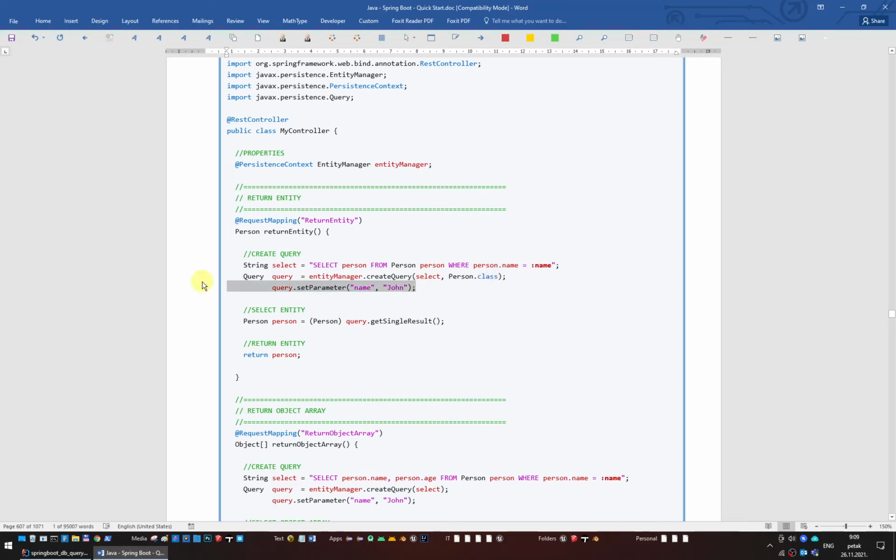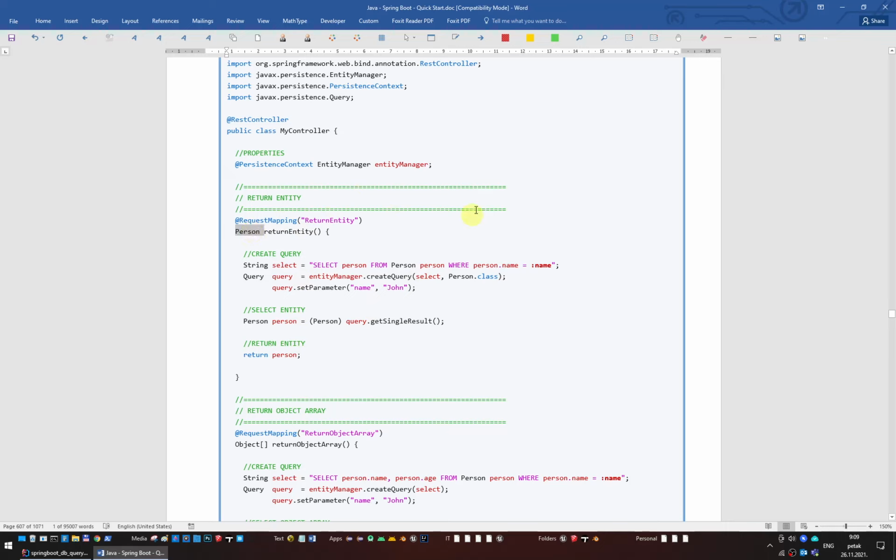And after setting the named parameters, we can then execute that query in order to select the entity from the database by calling getSingleResult and then casting the result to the person entity,